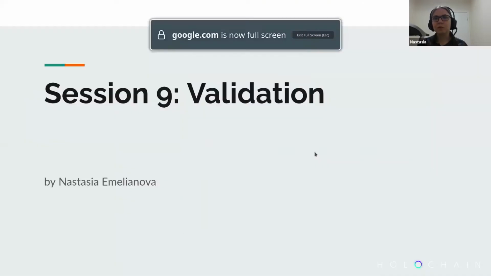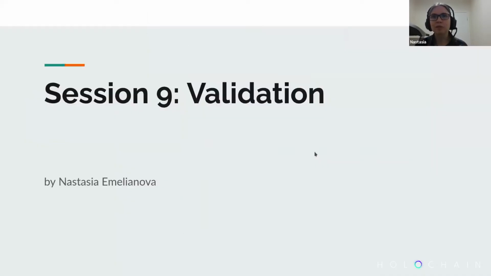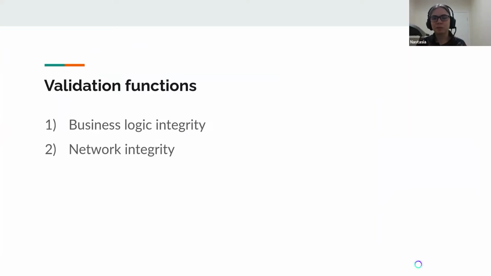All right. So today we're talking about validation and how it's different in the Holochain application as compared to a decentralized application. So first are the functions that validation plays in Holochain apps. The first function is the one that you all would be familiar with, which is maintaining the business logic integrity. For example, if you require your username to be 5 symbols or more, this is where you implement this logic